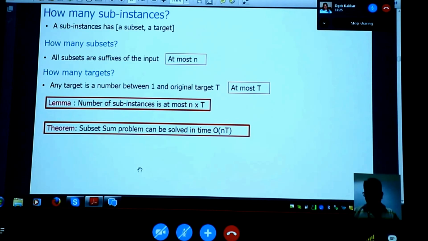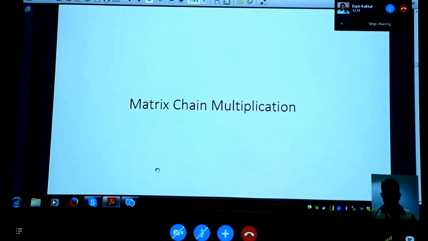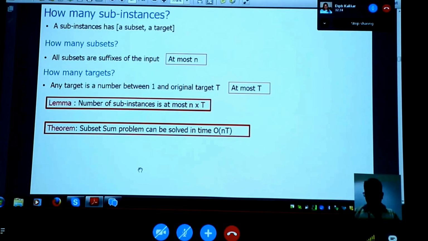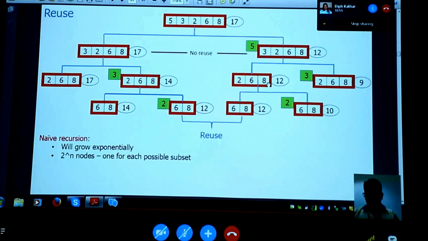Okay. So now, how did this happen, right? How did it happen that instead of 2 to the n, you suddenly got it down to nt, right? Let's start at this one. It will become clear, right? So the thing is simple. Both the recursive algorithm, which is the naive algorithm that may run up to time 2 to the n, and our algorithm are constructing pretty much the same tree, right? Except for these targets, right? There cannot be too many targets. That's the whole idea, right?